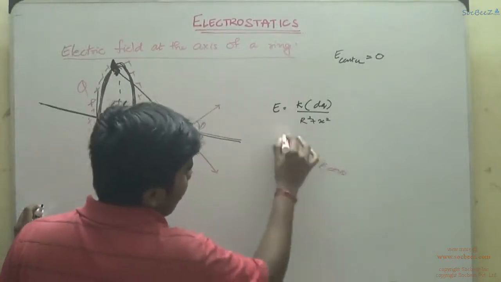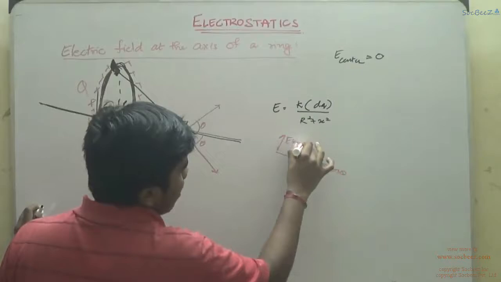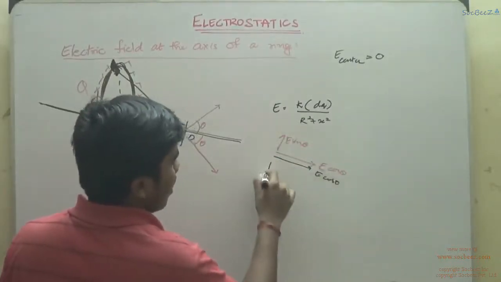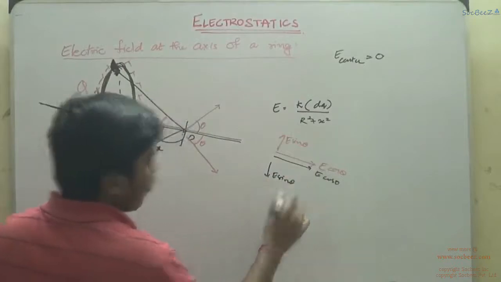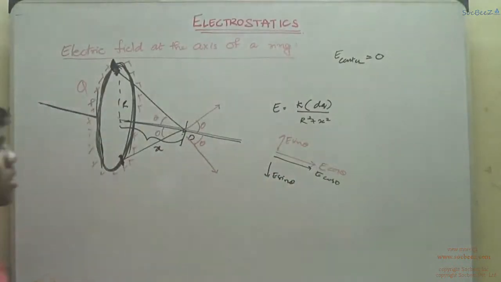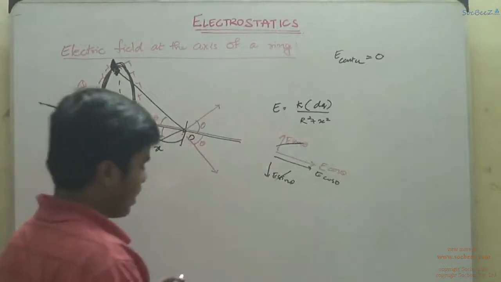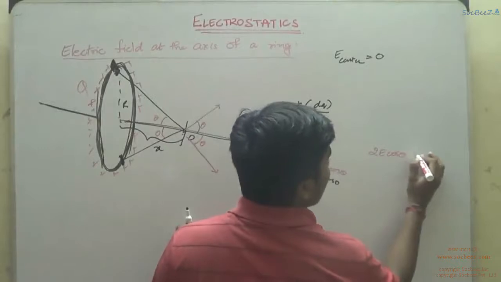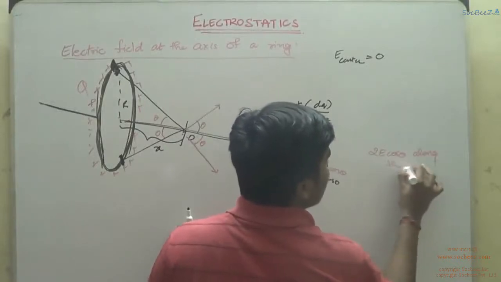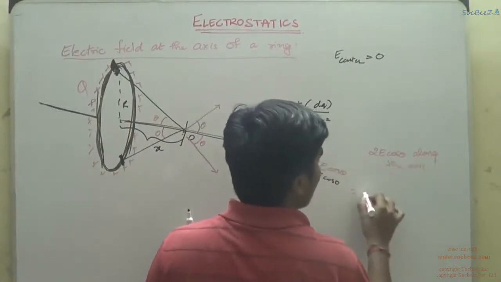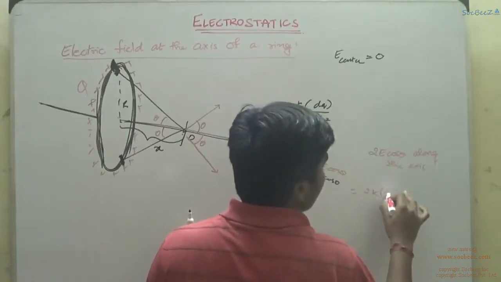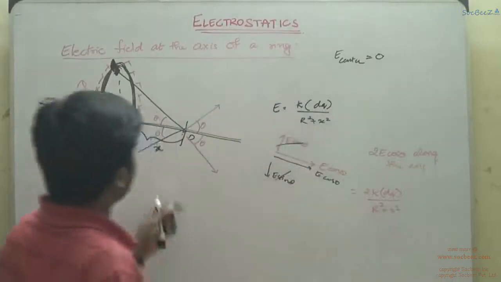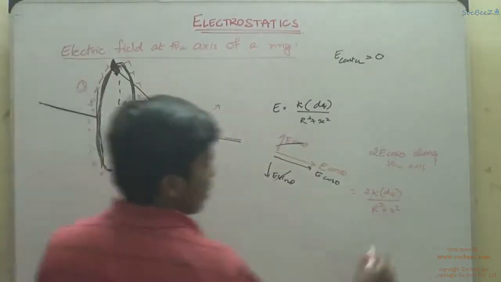So for the diametrically opposite point, the net electric field turns out to be E cos theta along the axis and E sin theta here, then E cos theta along the axis and E sin theta here. So for two diametrically opposite points, this component and this component get cancelled, and net we get 2E cos theta along the axis, which is nothing but 2 times k dq by r square plus x square times cos theta, where cos theta is equal to x by